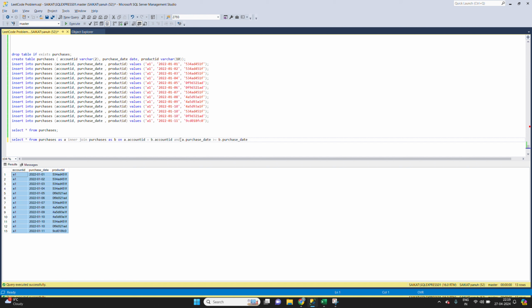That's the logic. So A.purchase_date, let's say for this row, must be greater than or equal to B.purchase_date. So all the rows will be joined till this point, correct? So let's take A.*, B.*, and I'm giving order by A.purchase_date. Okay, so if I run this,